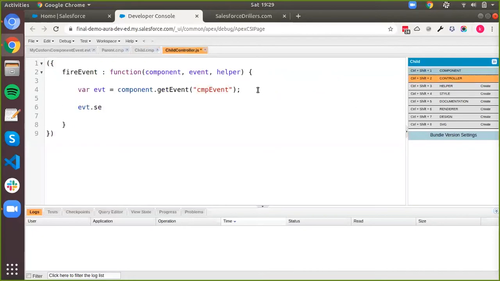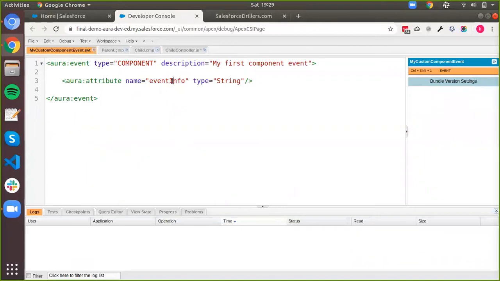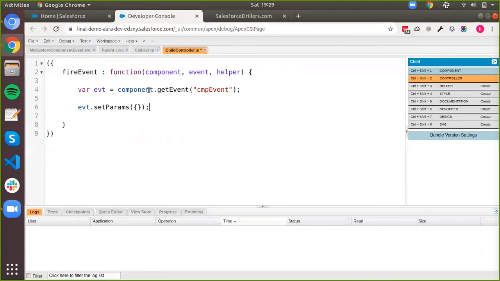Now the rest of the stuff is easy. I'm gonna set params inside the event. And what this setParams does is, if I go back to my event definition, I have this attribute inside of my event. So I can set this attribute's value by doing a setParams. So I give it the name of the attribute here, and then I give it a value, let's say event body from child.